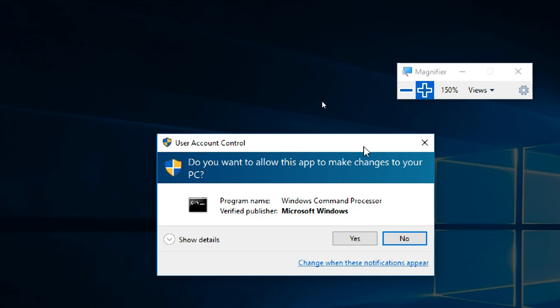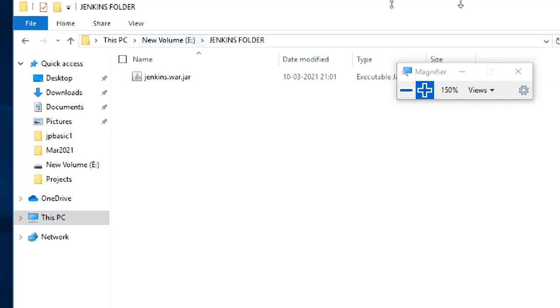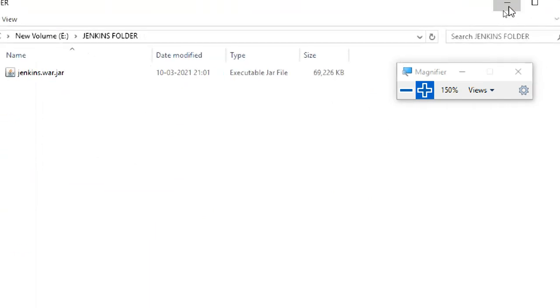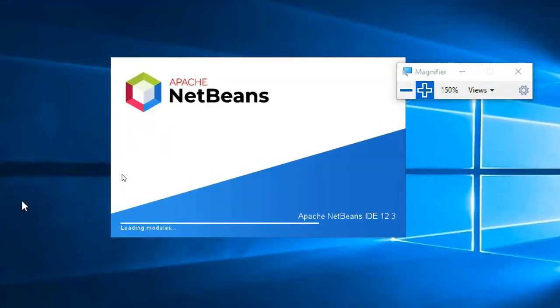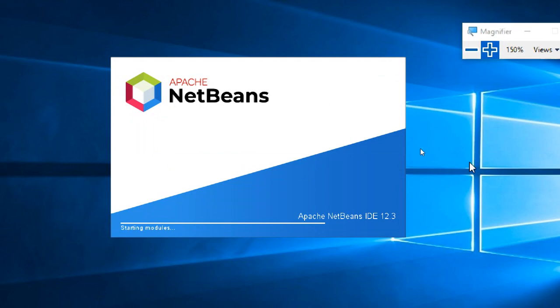Are we going to do this one or not? So do it later, not now, because I want to show you only NetBeans, so I don't want to confuse you while you are checking this one.